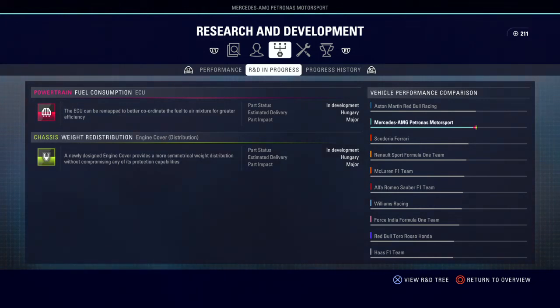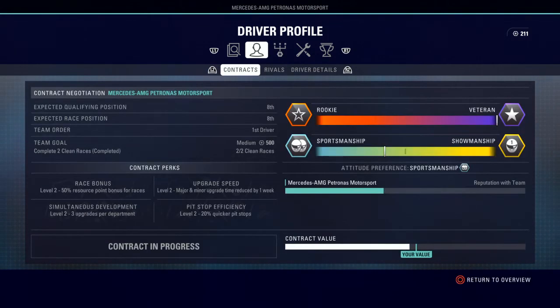But look at the gap between us and Red Bull. It's quite a substantial gap. But look at the gap also between Ferrari and ourselves. It's also another substantial gap. So obviously some good gaps are now forming. But anyway,